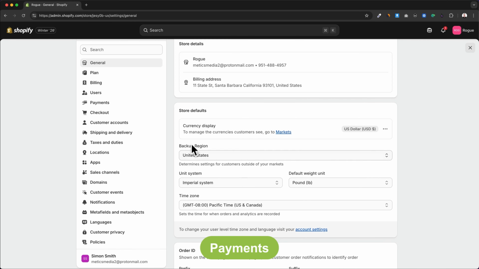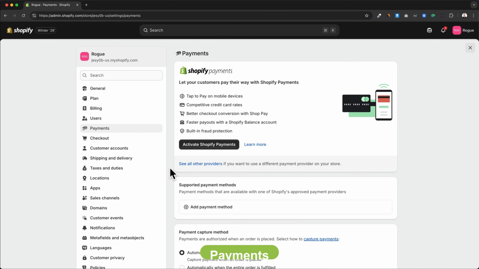Next, we want to go to Payments. And here, what you want to do is click on Activate Shopify Payments, and this will enable you to connect your bank account so that you can actually get paid when somebody buys something on your store. Customers will be able to check out with all of the common options like credit card, Apple Pay, Google Pay,